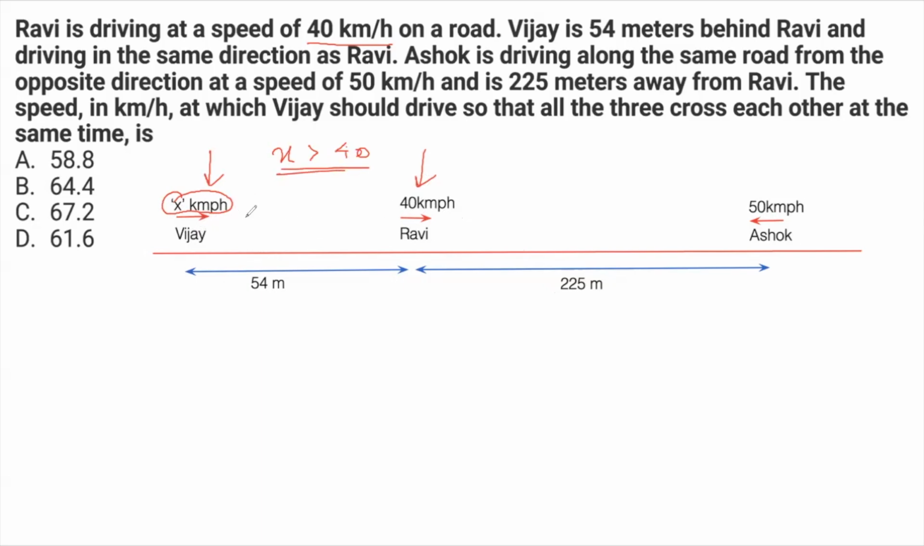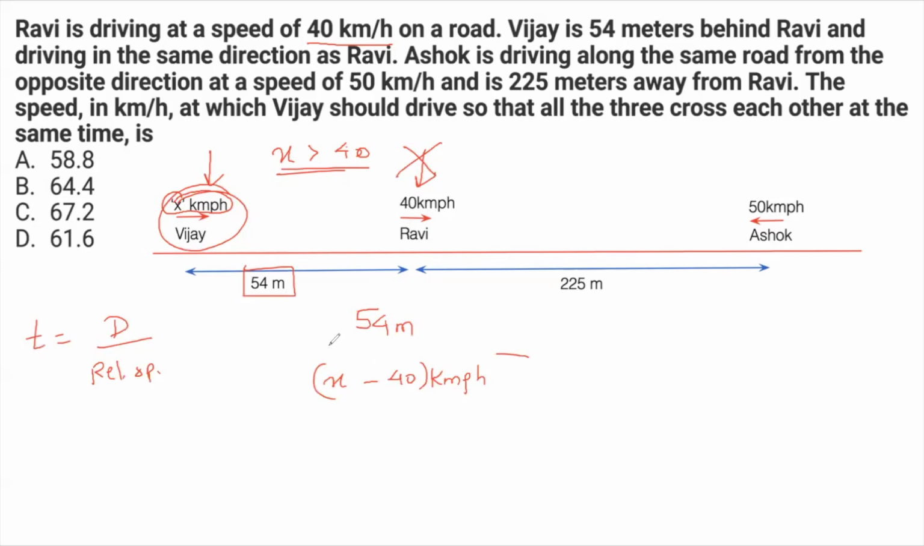Now, if they're going in the same direction, we use the concept of relative speed. We put the slower object at rest. Only the faster object will travel the distance between them at their relative speed. So time taken will be nothing but the distance upon the relative speed. Distance between Vijay and Ravi is 54 meters and the relative speed is the difference of the speeds, which is x minus 40 kilometers per hour. So after how much time will Vijay cross Ravi? The distance 54 upon the relative speed x minus 40,